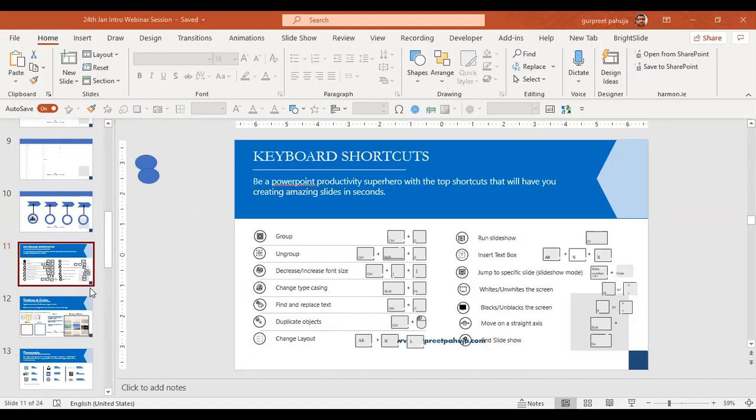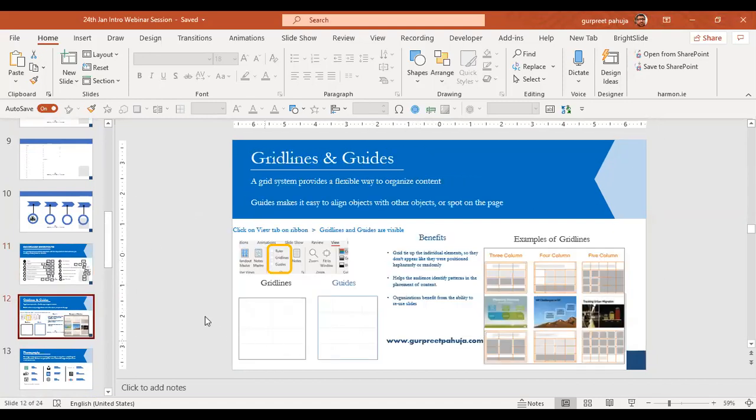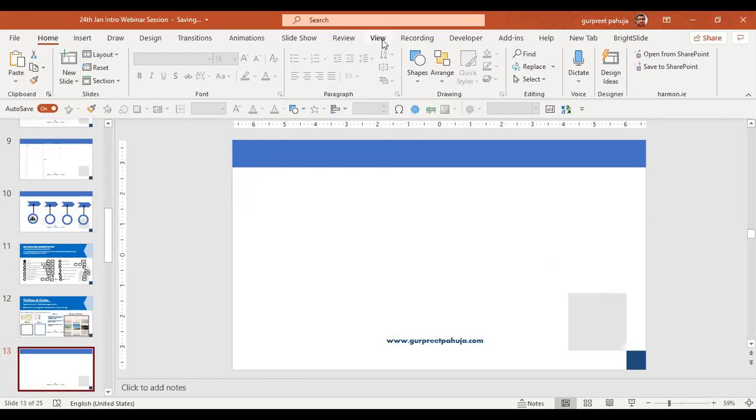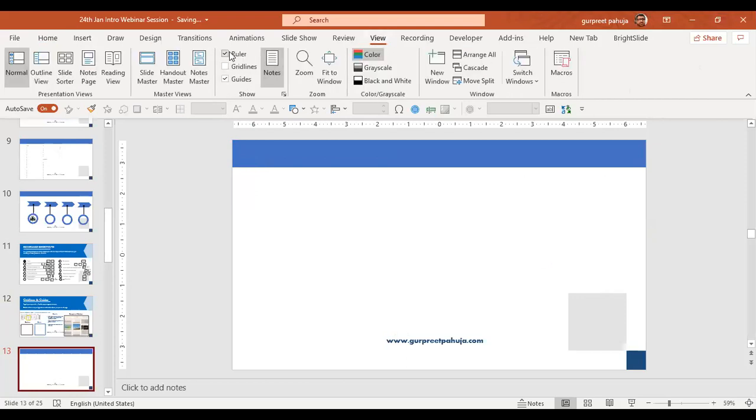Okay, Raju. So now what happens is we generally don't use these guides and grid lines to make our slides. So let me go again to a new slide. I will take this blank layout. I go to this view option and I see guides and grid lines. So I can divide my slide into different parts. I'll do Control D, add vertical guide, add vertical guide.